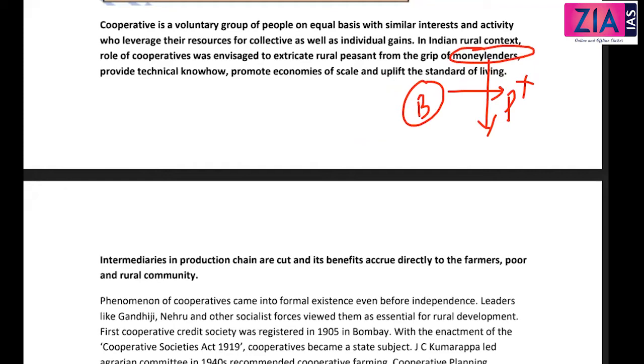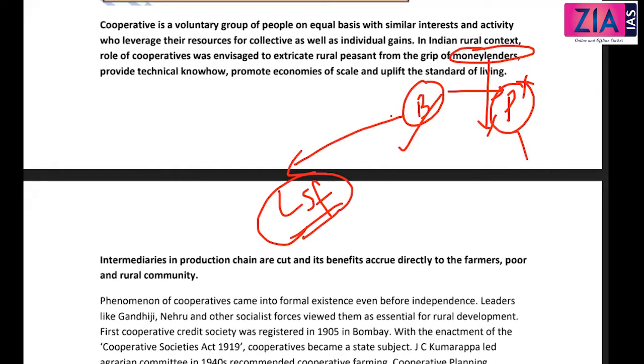Only those people will understand, right? When you go to the bank, they will keep on asking too many things, and it is very difficult for them to approach the bank. Rather, the banks will divert all the funds to the large-scale farmers. So the benefits that the government wants to give to the small peasants are actually taken by these large-scale farmers through the banks.